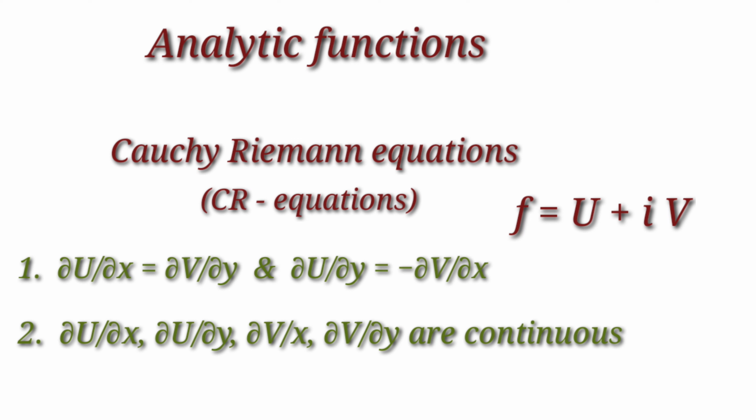From this, we can write u and v. Next, we have to find the partial derivatives ∂u/∂x, ∂u/∂y, ∂v/∂x and ∂v/∂y. Next, check whether u and v satisfy Cauchy-Riemann equations or not. If at least one Cauchy-Riemann equation is not satisfied by u and v, we can say f is not analytic. If both equations are satisfied by u and v, we can say f satisfies Cauchy-Riemann equations. If u and v satisfy Cauchy-Riemann equations and the four partial derivatives are continuous, we can say f is analytic. Let me illustrate how to check whether a given complex function is analytic or not.